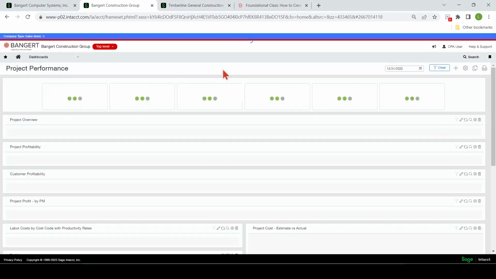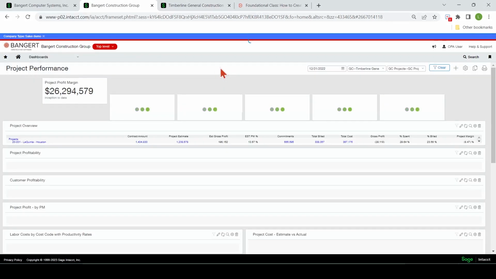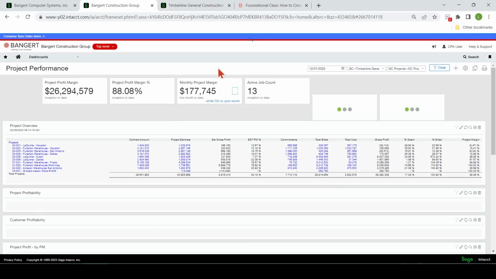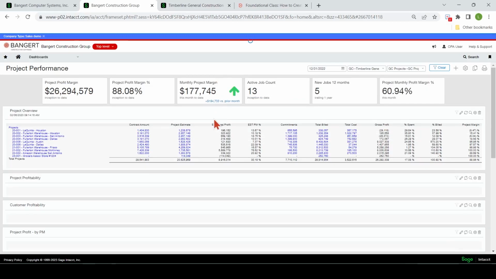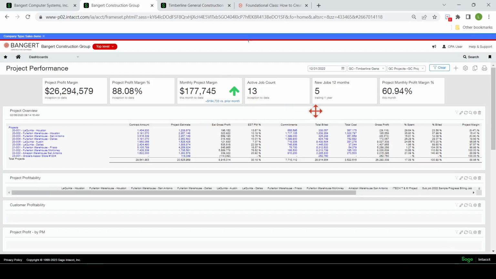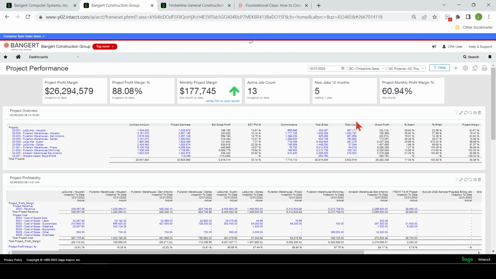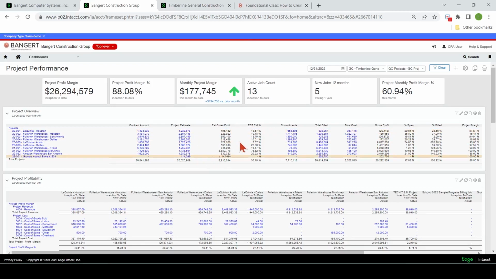There is a class that we have posted out there on our Banger user group on Bug that will show you how to add these reports. Very simple. Once you build the report, it's very simple to do it. It's also canned reports that are in the system. It shows you how to add these metrics up here as well.